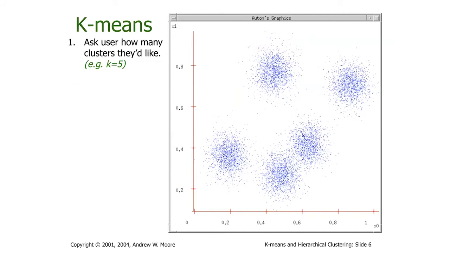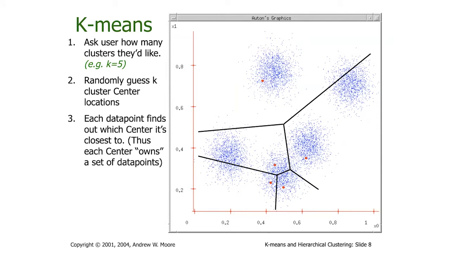So what k-means does in this case, for example, we're going to say, how many clusters do we want? Well, for example, it looks like there's 5 here. We're going to pick some cluster centers. This is the algorithm we just talked about. We're going to look for all of the different data points that are as close to those cluster centers as possible. And we talked about this in the algorithm, but this nice diagram here shows you what was called a